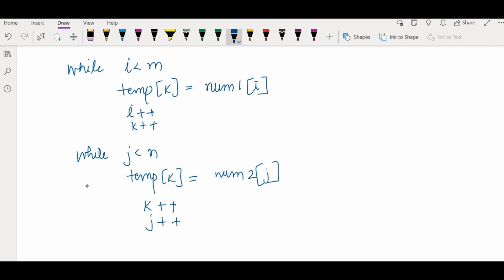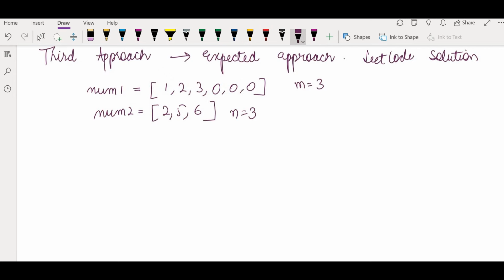and k plus plus, j plus plus. So this way we will get sorting done in order of m plus n time, but space complexity will also be there. Space complexity will also be order of m plus n, because we are combining two arrays into an array of size m plus n. So this approach is good, but it is taking extra space. So we are going forward to the third approach, where we are doing in-place merge. We are not taking extra space. No extra space is there.